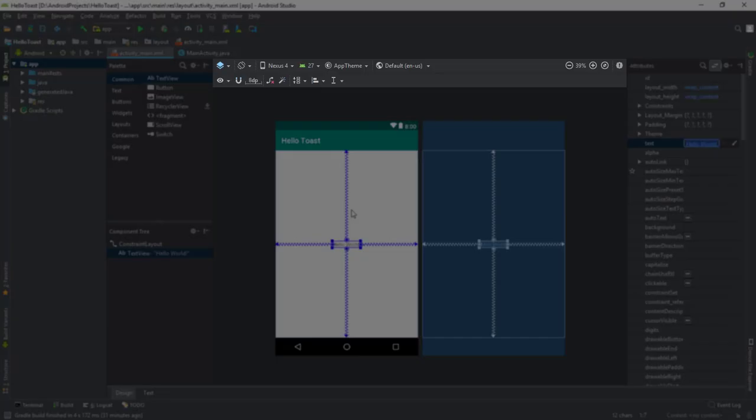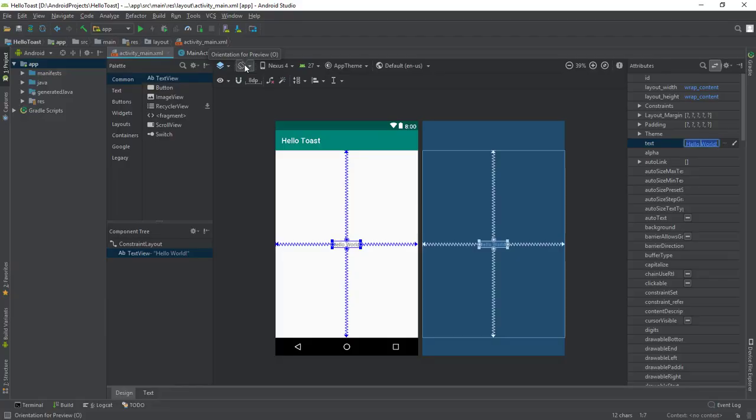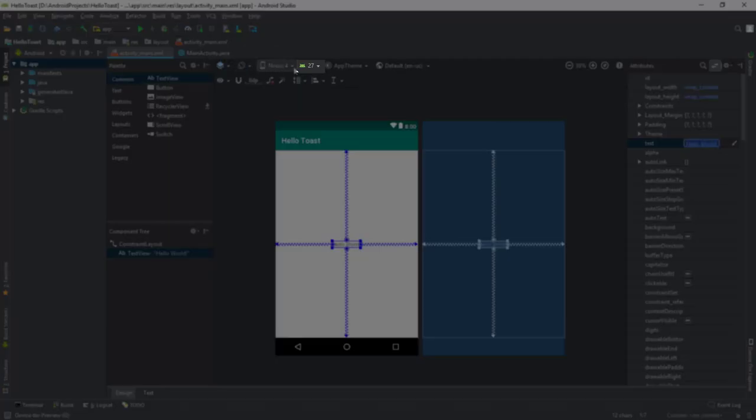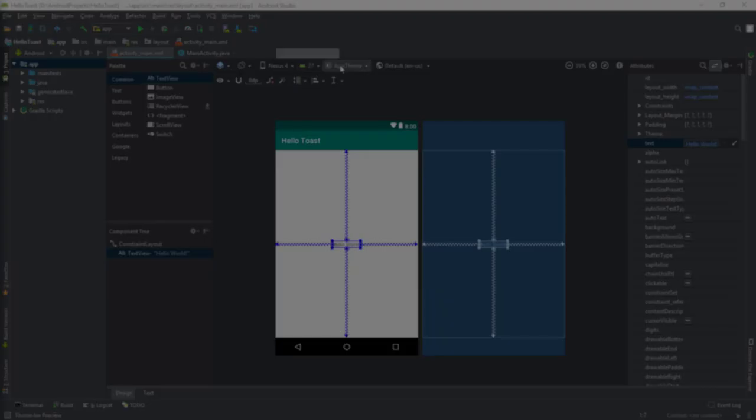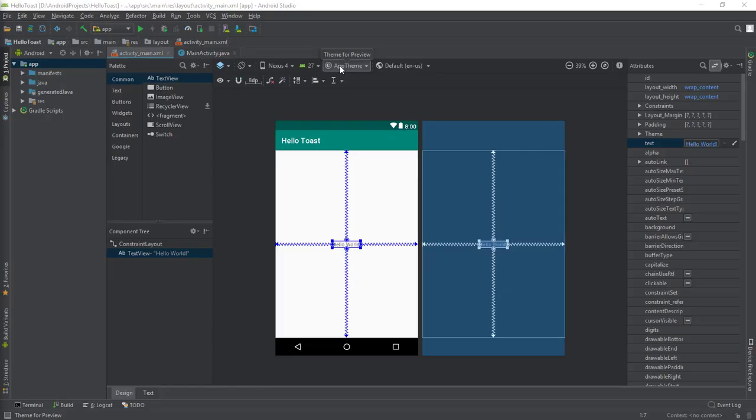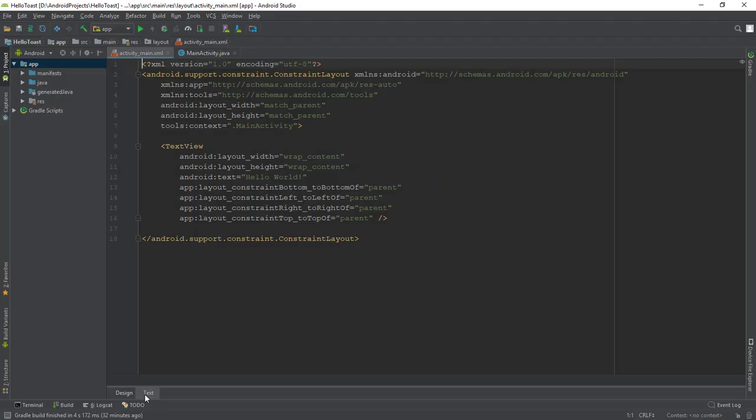You can use the selectors above the virtual device to do the following. Change the theme for your app. Change the rotation to landscape. Use a different version of the SDK. Use the tooltips on the icons to help you discover their function. You can also switch between the design and text tabs. Some UI changes can only be made in code and some are quicker to accomplish in the virtual device.